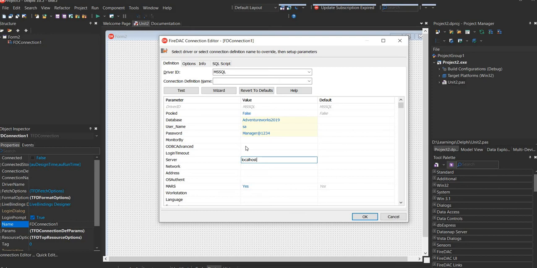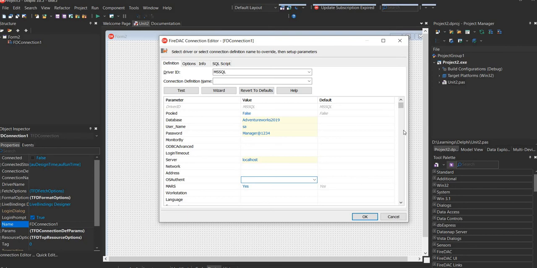One important thing is that currently I am connecting with a username and password. You could use your Windows authentication to make the connection, and for this you need to select yes on this OSAuthent property. Right now we will go with username and password.